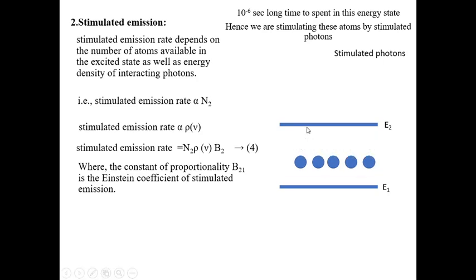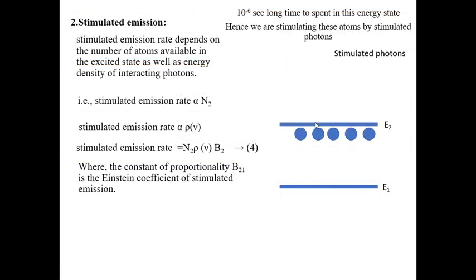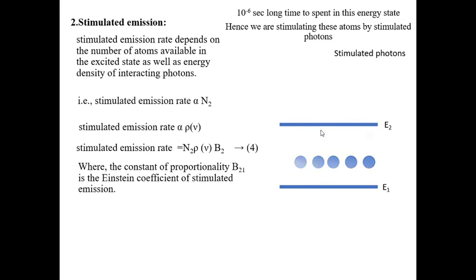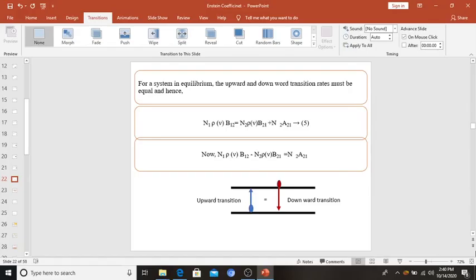See how the particles are coming, how they are going to emit the radiation, like this. Once again you can see the picture, how it is coming, like this. Now this is stimulated emission. Okay, if you don't stimulate these particles, if you are not using the stimulated photons, how much time will they spend? The maximum time is 10 to the power of minus 6 seconds. Then they will come to ground state, but they will not come at a time. If you stimulate, all the particles will come.